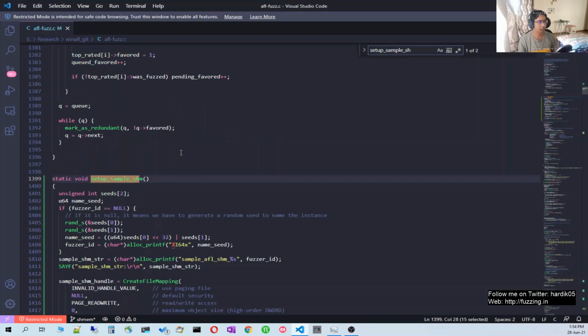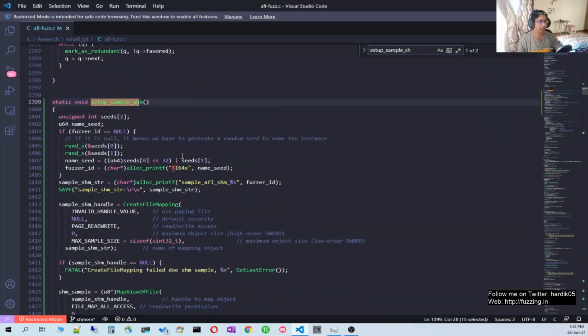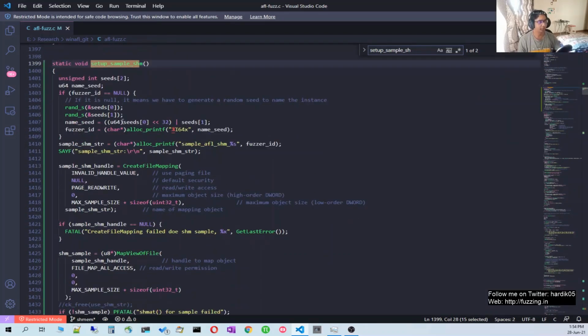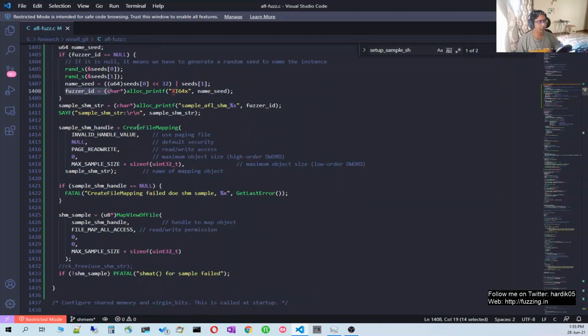And this is over here. So what this function will do is that basically we generate one random string over here by calling this function, and we will generate one fuzzer ID name, something like this, and then we create one sample SHM string. So this is simple logic, and then we will call a function that is CreateFileMapping.